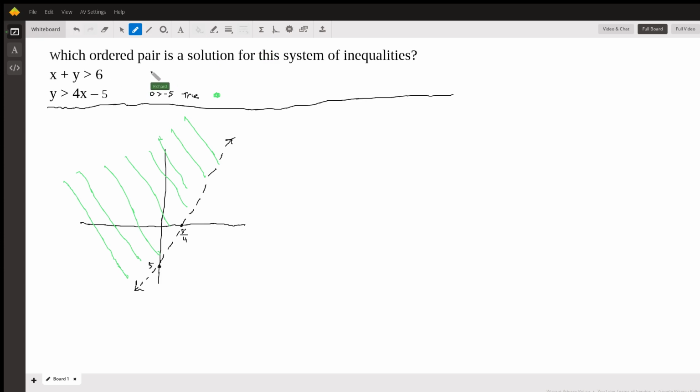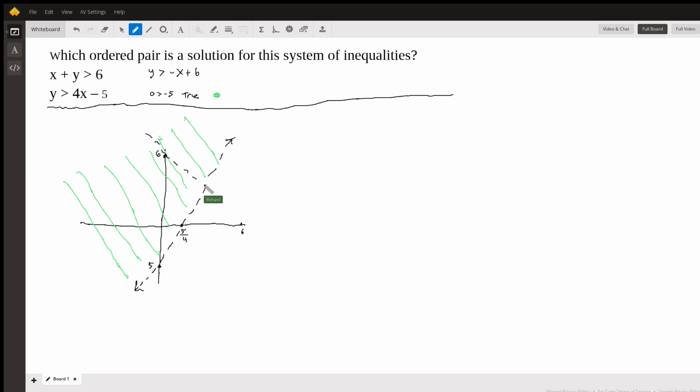Now for the top one, I'm just going to rewrite this. So y is going to be greater than -x plus 6, just to make it easier to graph. So when x is 0, y is 6. So 6 looks like something like that. When y is 0, x is 6, which is over here. And now I'm just going to connect these two with a dashed line,